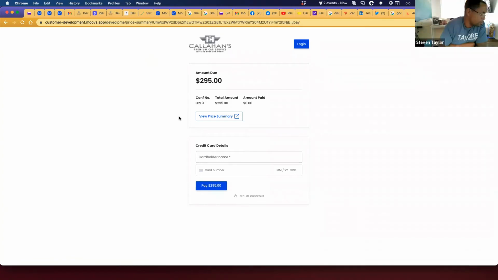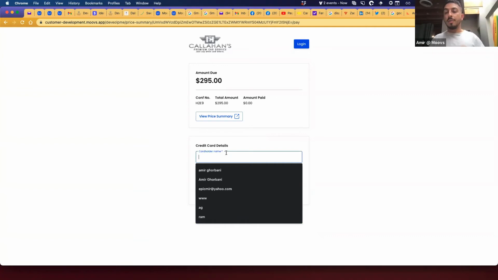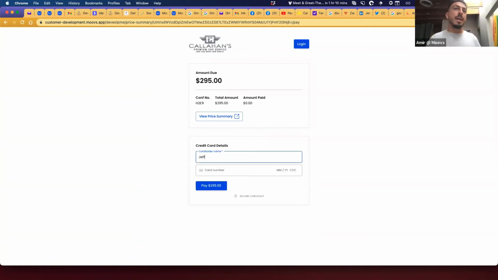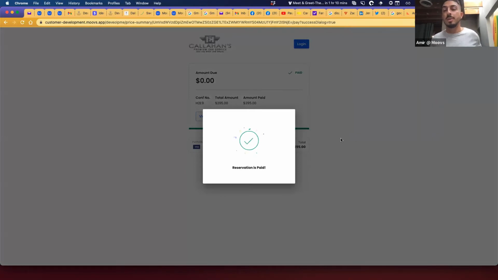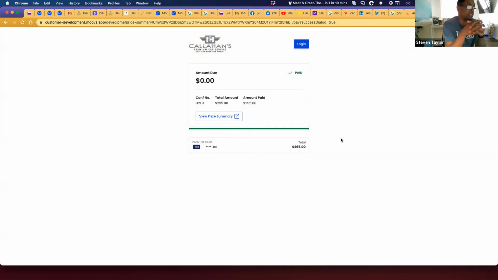Yeah. So here you would then enter the credit card information, right, as a customer. So if my name is Jeff, and then I can process a new card, and now I'm actually paying for this reservation. And this is the most secure way, because now you have the customer who processed the payment. You don't have to do it for them, which reduces fraudulent activity and saves you on all your disputes. And basically just letting your customer know, in a nice way, that they have to put their own payment in.